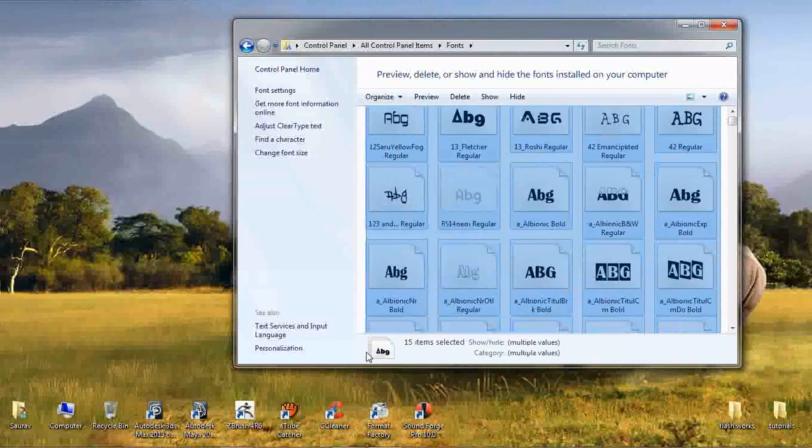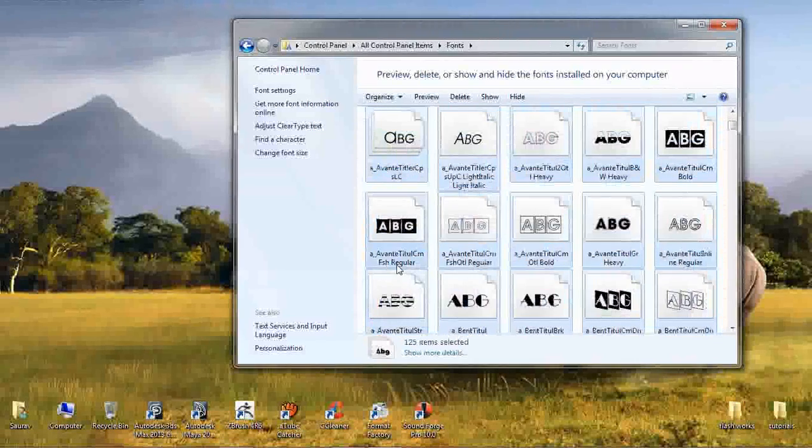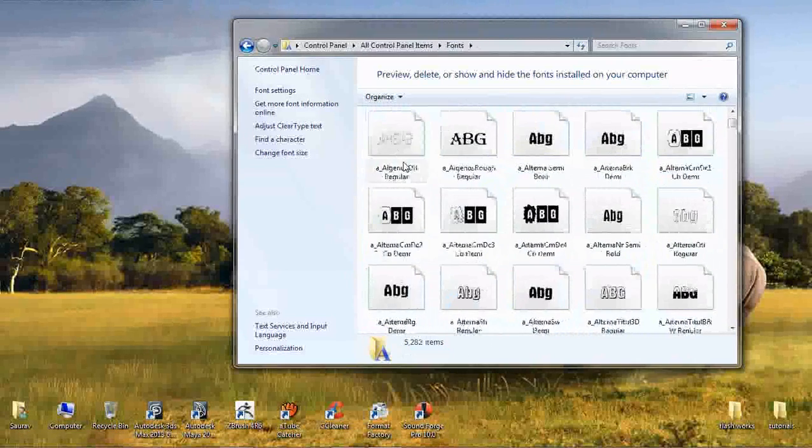Whatever number of fonts I have, I have a total of 8000 fonts, so I am not able to install each and every font every time my files and Windows get corrupted. So the solution is to copy all the fonts from here: Control Panel, categorize, large icons, and from Fonts.